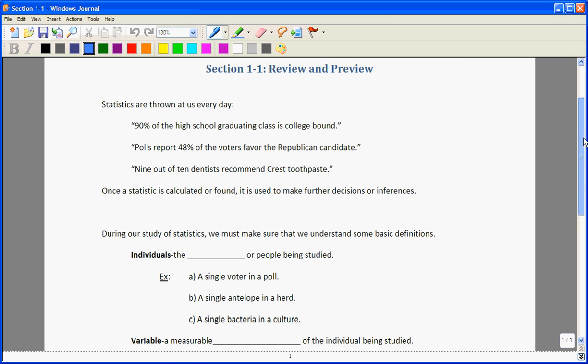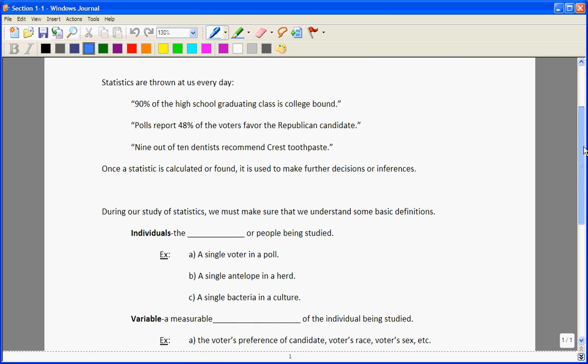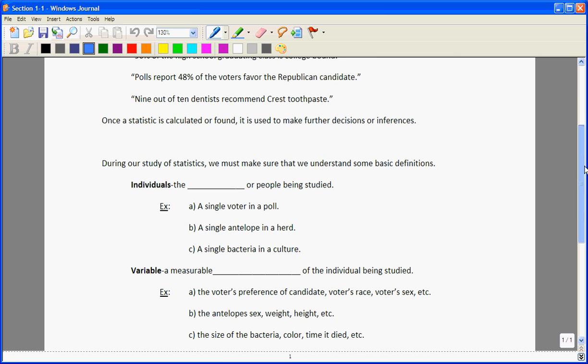Now, during our study of statistics, we need to make sure that we understand some basic definitions. Individuals, that will be the object or people being studied. For example, it can be just a single voter in a poll. We'll talk about the group momentarily, but just an individual voter in a poll is considered an individual of the study, or a single antelope in a herd if we were interested in that, or a single bacteria in a